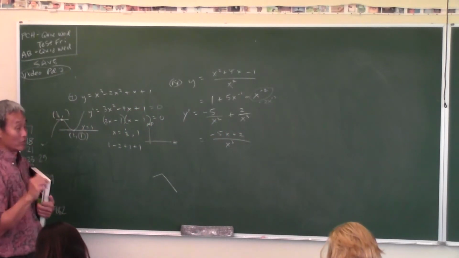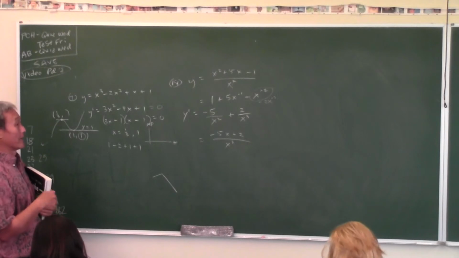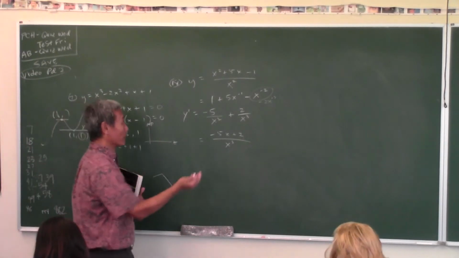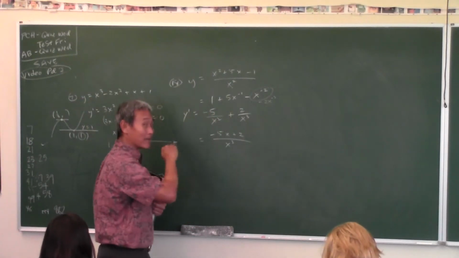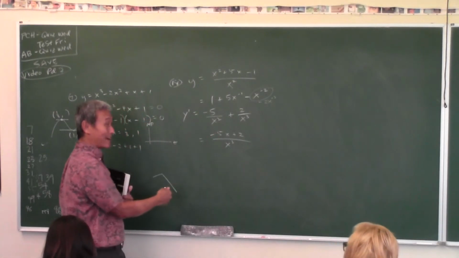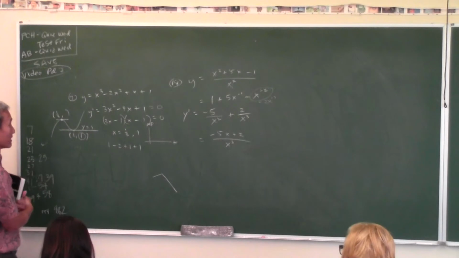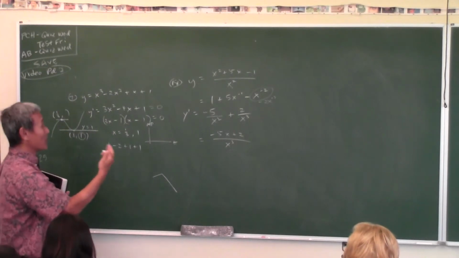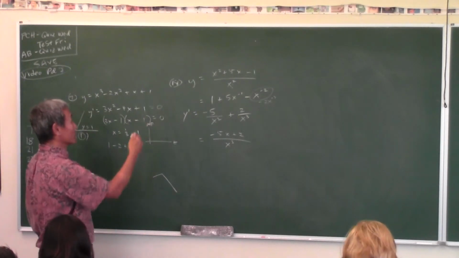You guys gotta get used to making least common denominator, because again, next chapter, we're gonna take the derivative, and then you gotta make a number line. But in order for you to make a number line, it's gotta be in factor form, you gotta have least common denominator. See, so sometimes you have different ways of doing the problem, like if you use the quotient rule,